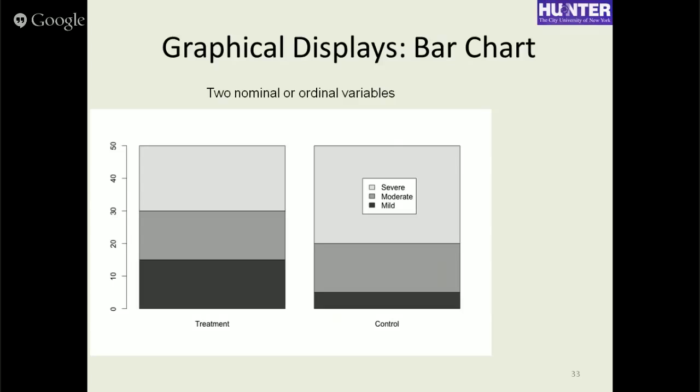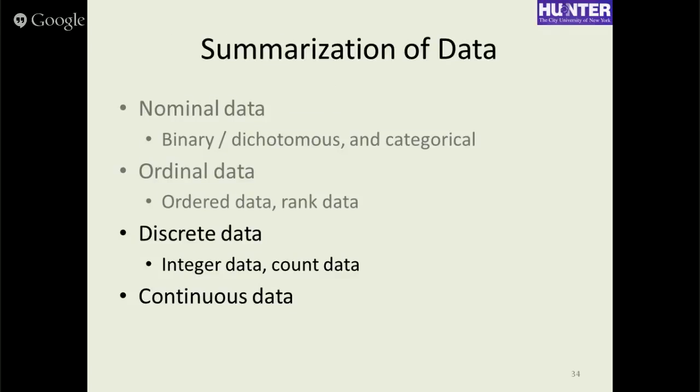I should note also that you could, of course, do this the other way. Just like you can switch the rows and columns of a frequency table, you can switch the rows and columns of a two-way bar chart, just by the order in which you enter your variables into the software. So we could have had 3 bars for mild, moderate, severe, and showed the number of treatments and controls for each of those levels of reported pain. Okay, we're getting